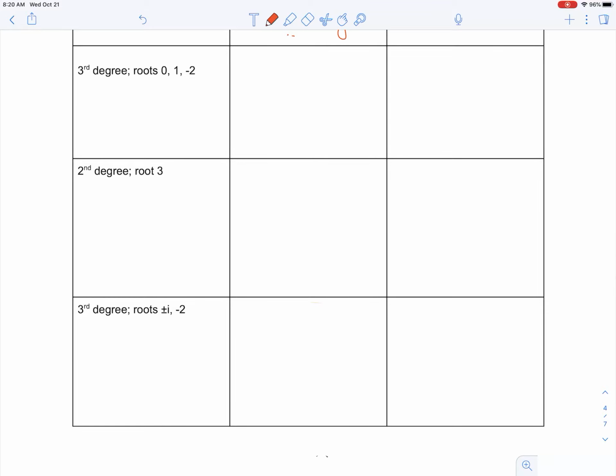Okay, I kind of skipped this one because I think we did enough of those yesterday. So let's look at a second degree with root 3. So it's second degree, and it's only giving me 1 root. But I should know, because I was told that it was second degree. How do I make it second degree? I have to square the entire thing. And that's what we talk about. This has a multiplicity,